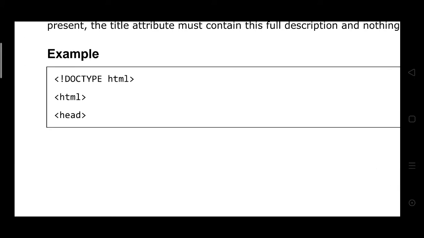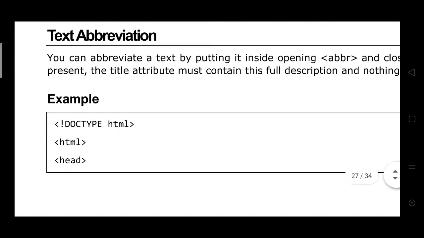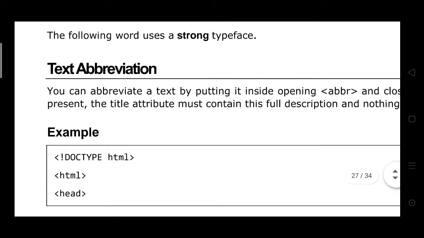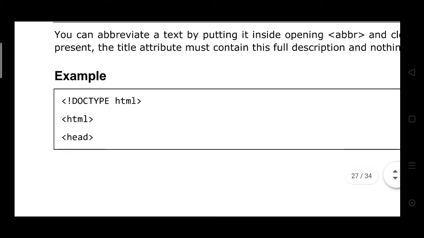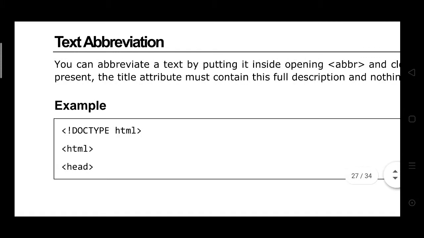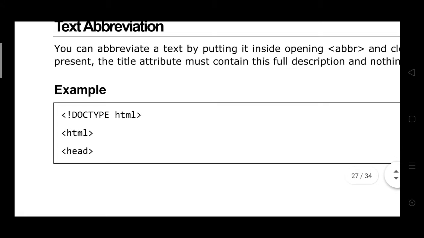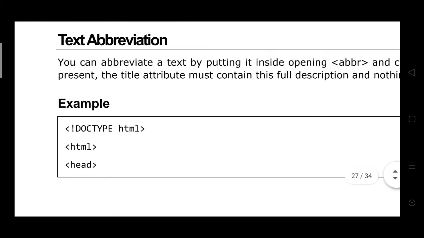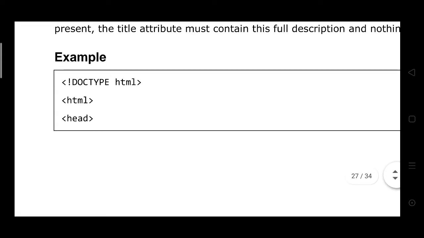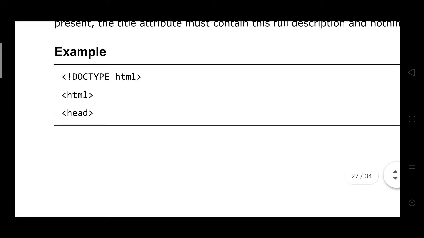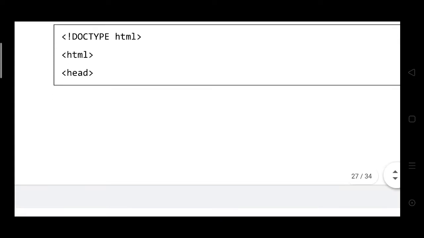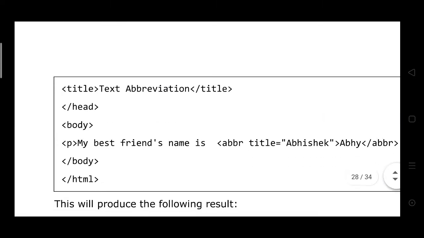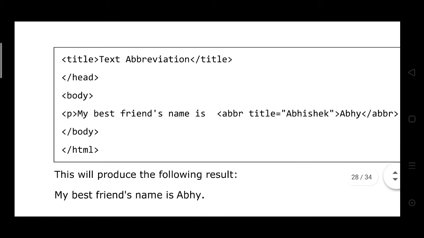The example of this text abbreviation is: doctype HTML, head, title text abbreviation, title close.